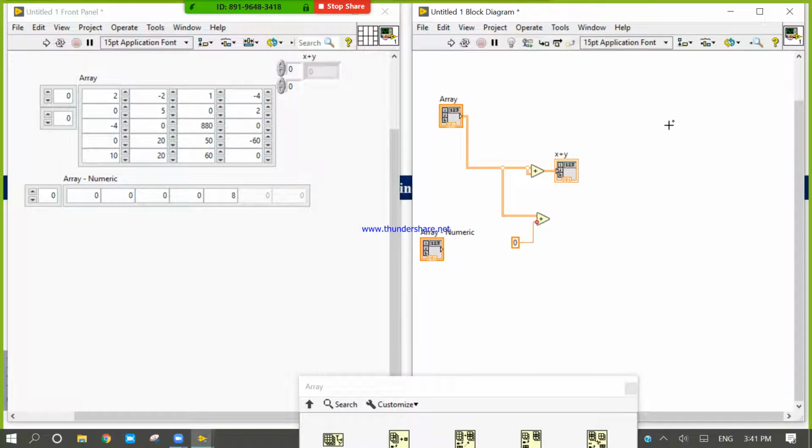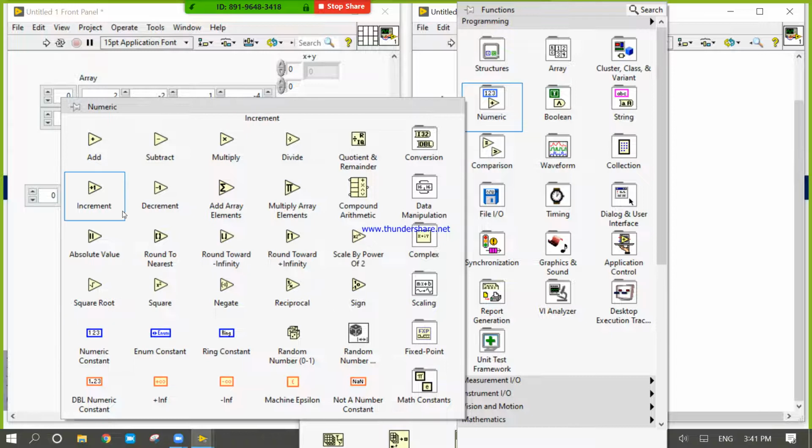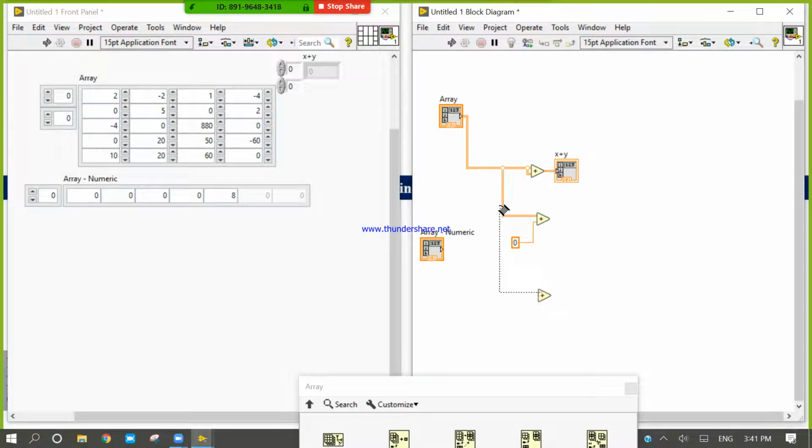We can add a 2D array with a 1D array also. Let's see. Okay, we can add these 2D arrays. The dimension is different. Here we can add a scalar with a vector, but we cannot add two different dimension data. So polymorphism has limitations. This is a limitation of polymorphism.